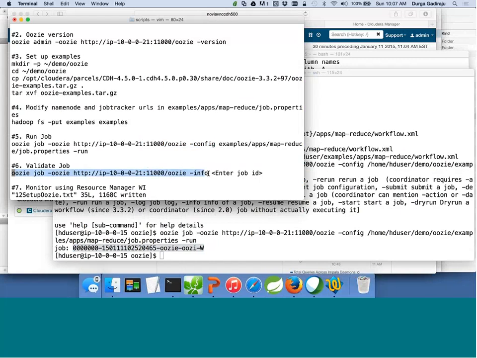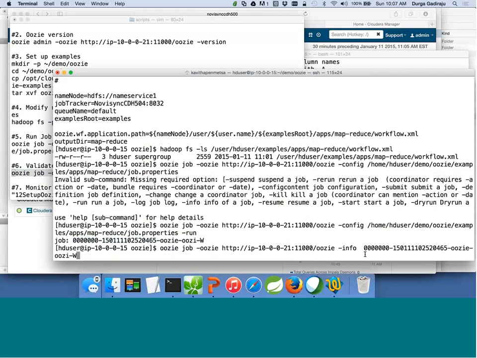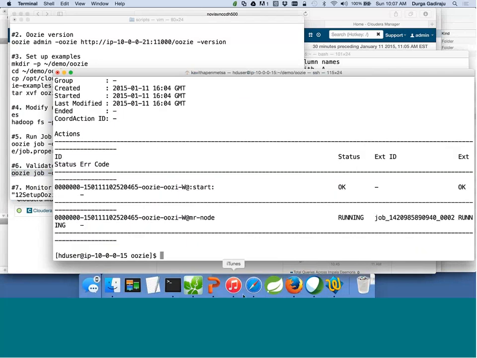And for that, you can use the info command, and you can give this ID. The syntax is oozie job -oozie, our Oozie server address, -info, and give the job ID. It is still running. While running, because it submits MapReduce jobs,